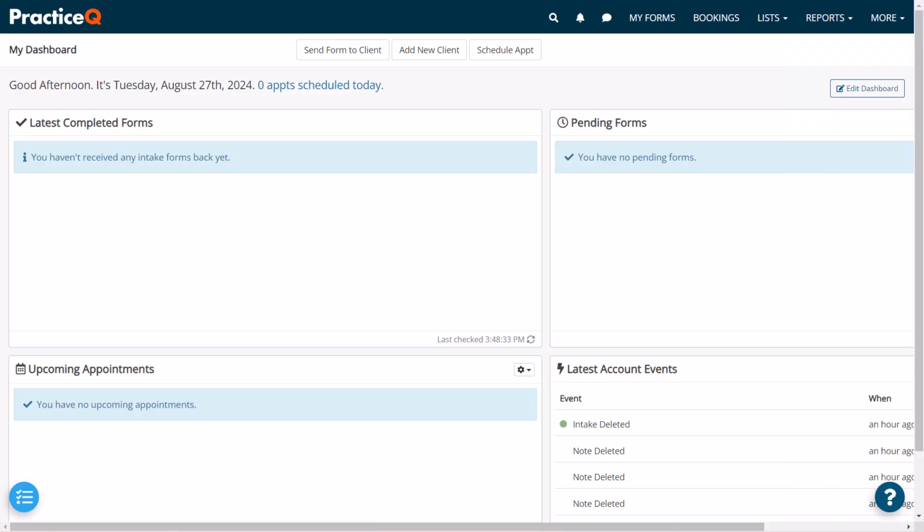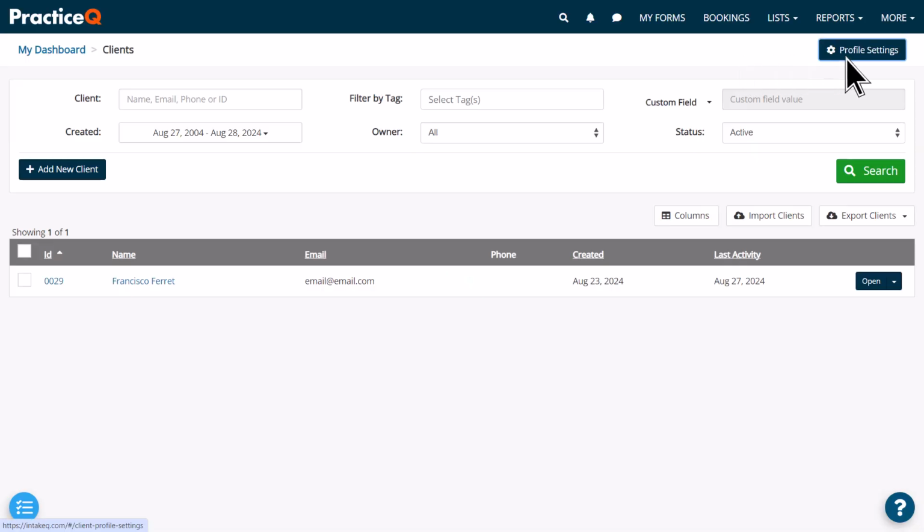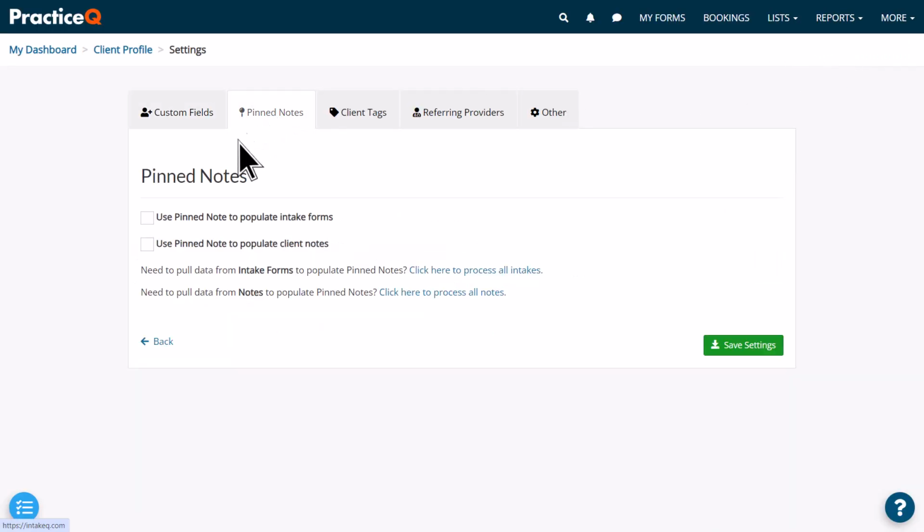Pinned notes simplify the way you manage patient information in PracticeQ. They carry data forward exactly as it was captured, ensuring consistency throughout your documentation. To enable pinned notes, go to your Clients section, select Profile Settings, and under Pinned Notes, check both boxes and